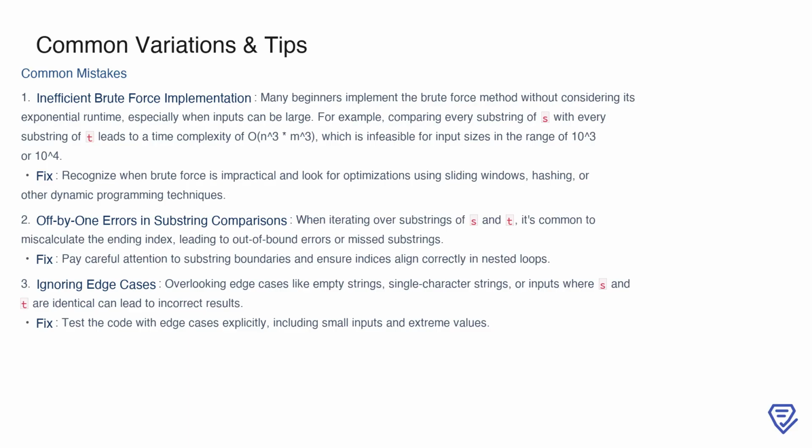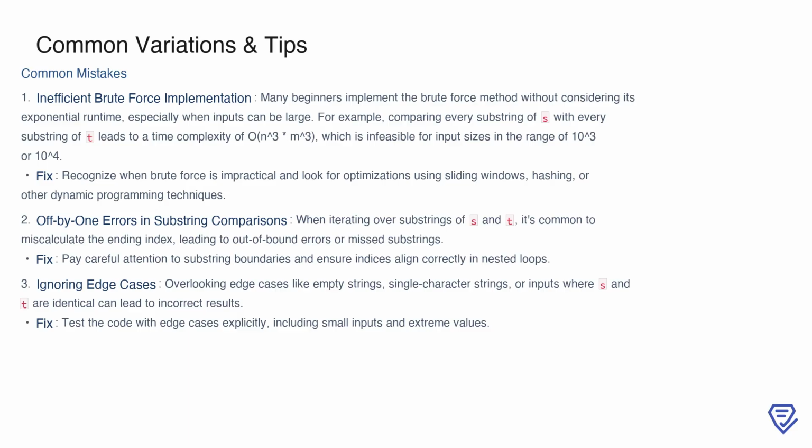First, many beginners fall into the trap of using a brute force approach, where every substring of S is compared with every substring of T. This results in a time complexity of O(n^3 * m^3), which becomes infeasible for larger input sizes, such as 10^3 or 10^4. To address this, it's important to recognize when brute force is not practical and explore optimizations like sliding windows, hashing,